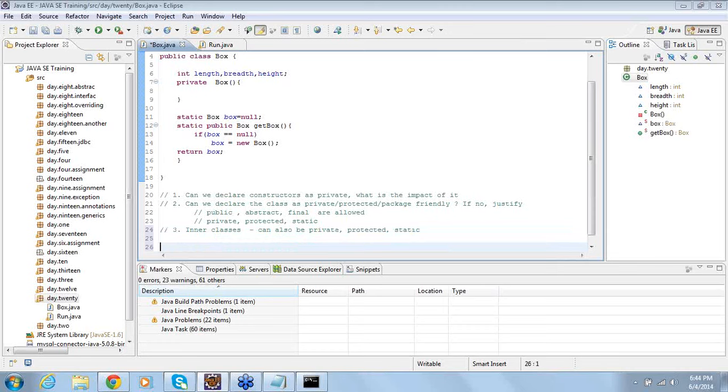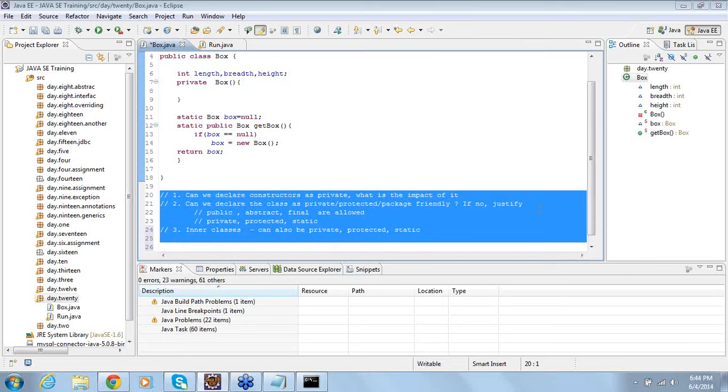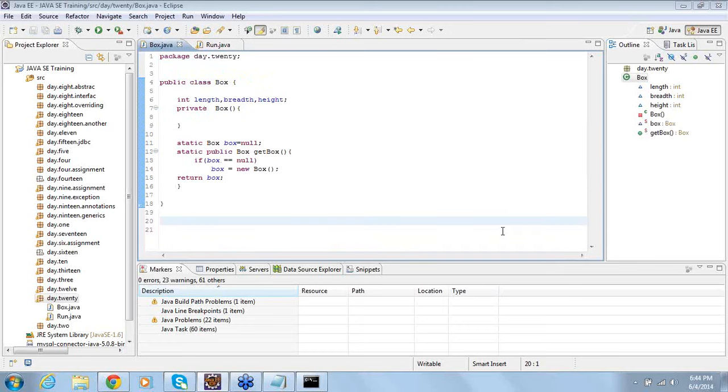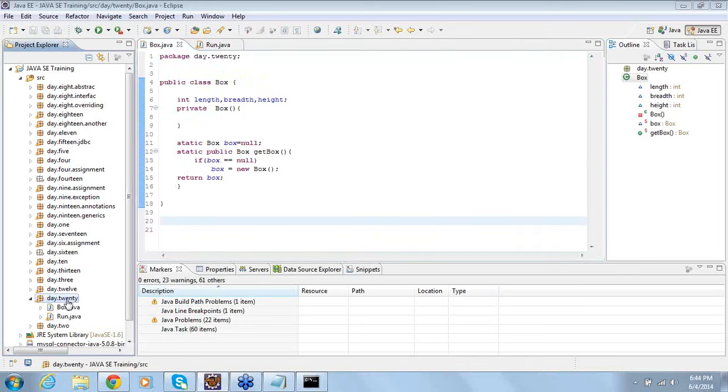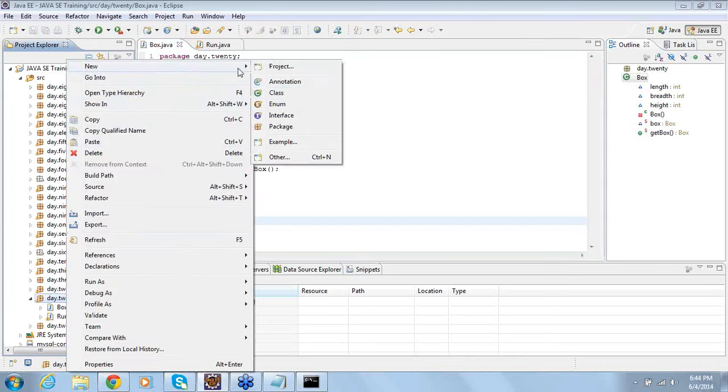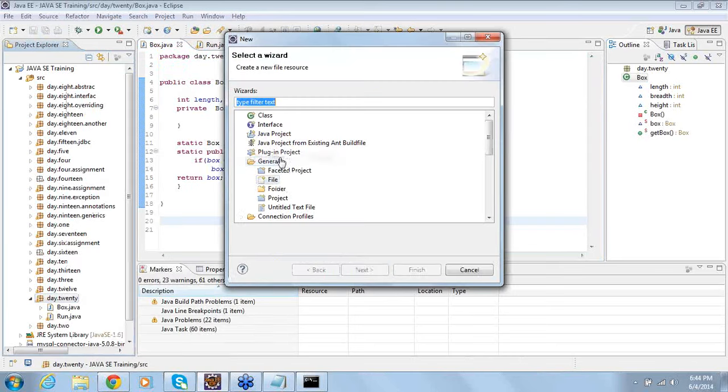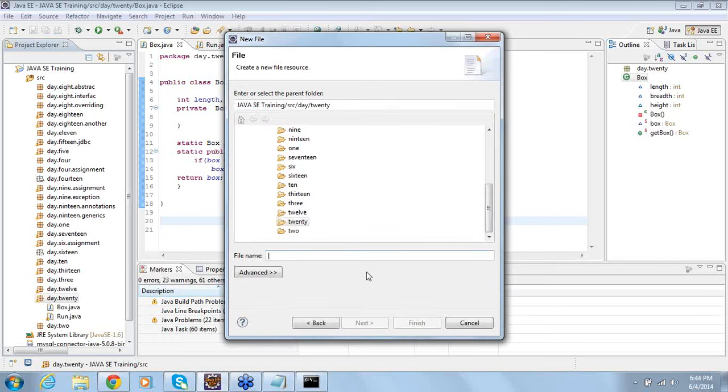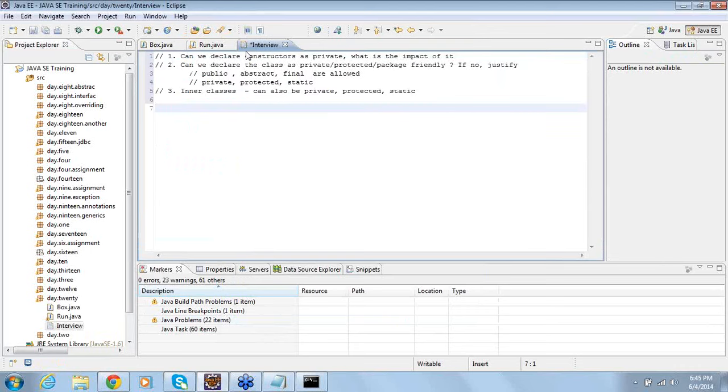Now, what do you mean by inner classes? A class inside a class is called an inner class.